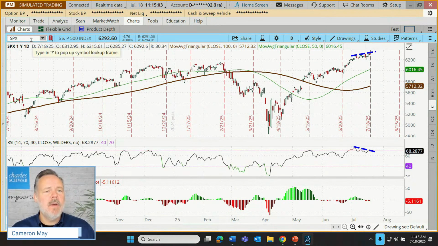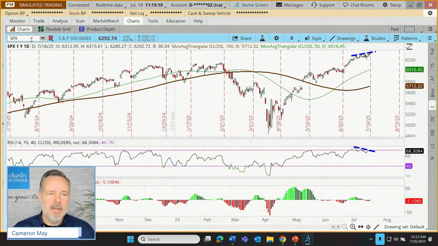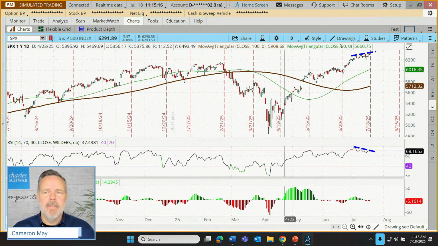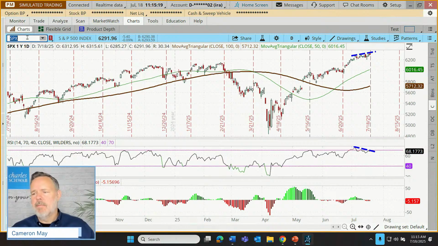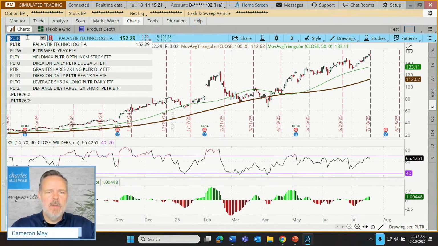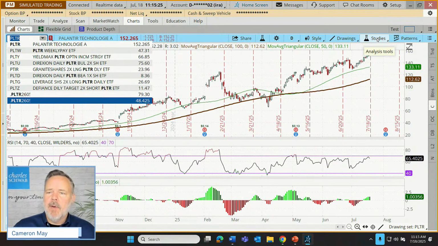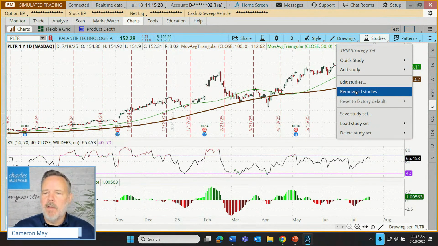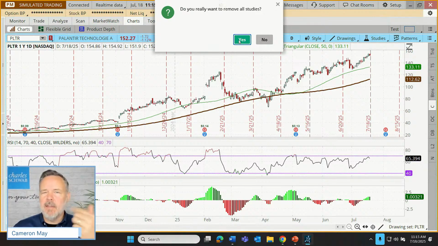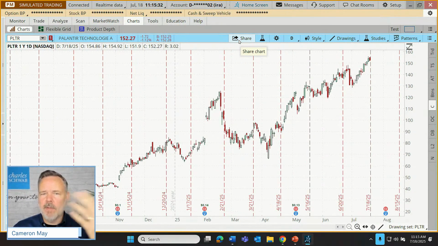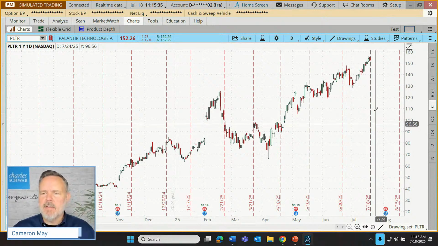So let's go examine a new technical indicator. And this is going to be our introduction to the Klinger oscillator, created by Stephen Klinger. But I'm just going to clean up our charts. Let's go up here to our studies. Actually, let me switch it over to our example chart first. So we're going to use PLTR to acquaint ourselves with the Klinger oscillator. I'm going to go up here to our studies and just remove all of our studies. This doesn't delete the study set that I've saved. It just removes the studies from the chart. Allows us to see a nice clean chart.